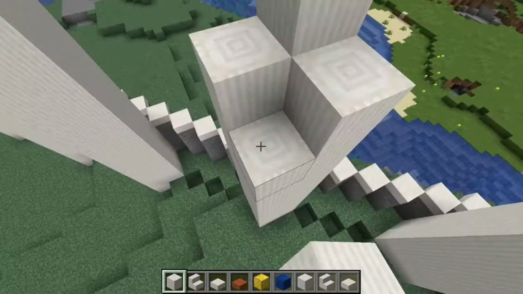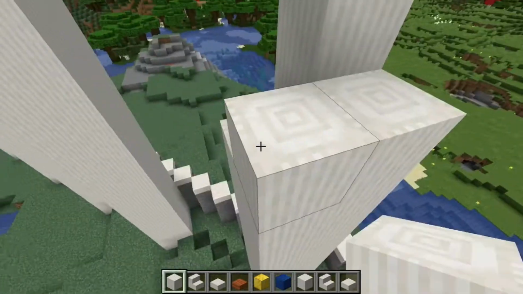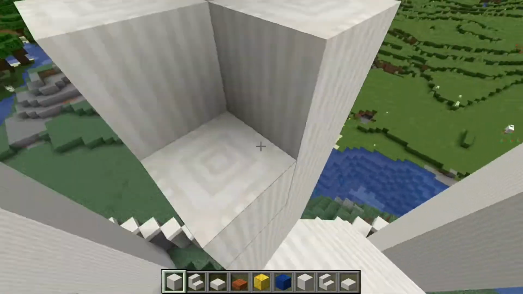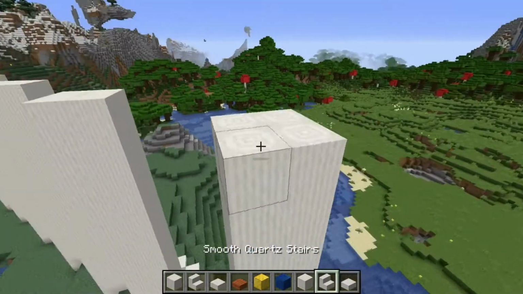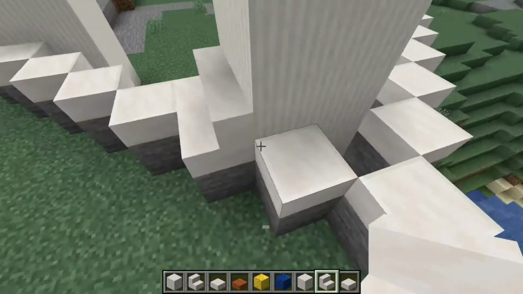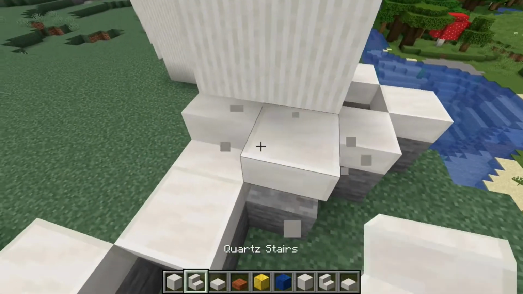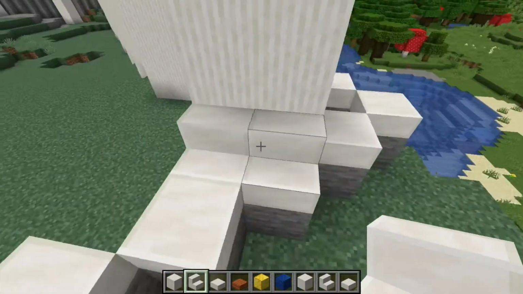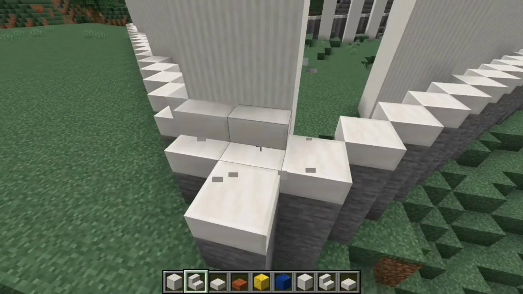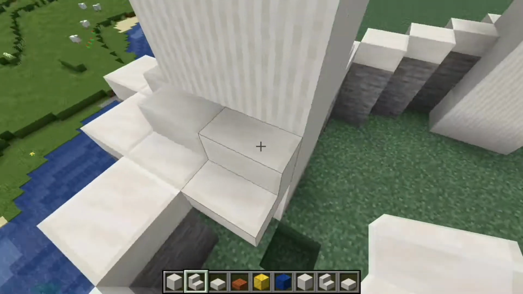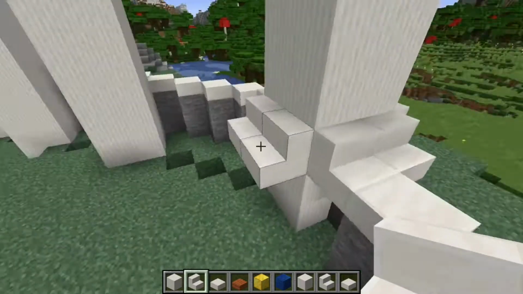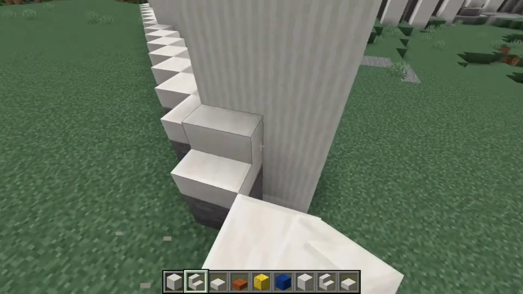And as we're finishing up this last column, I'm now going to show you guys how to put the stairs on and make it a little bit more detailed. So, oh, whoops, I'm using the wrong stairs. We don't want to use the smooth quartz stairs, we want to use the regular quartz stairs. And you want them to be placed right side up, not upside down. At least for the bottom, that's how you want them to look. So again,